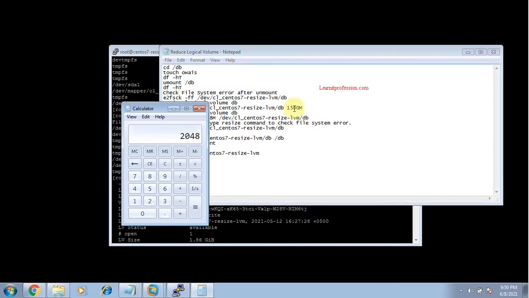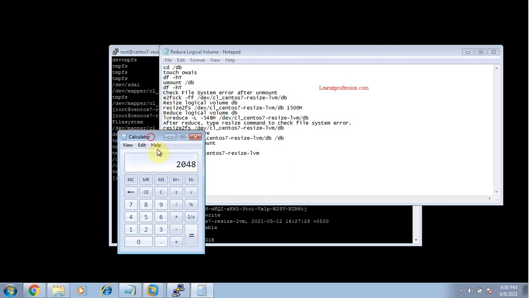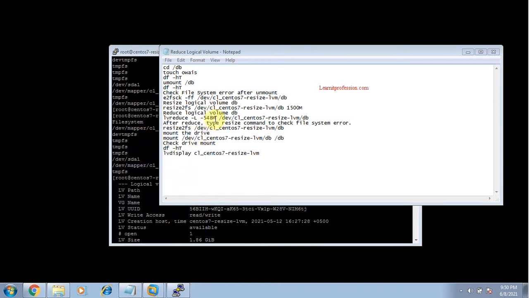If we give a new size to the logical volume db of 1500, minus 1500, then 548 MB will be reduced from the logical volume db.